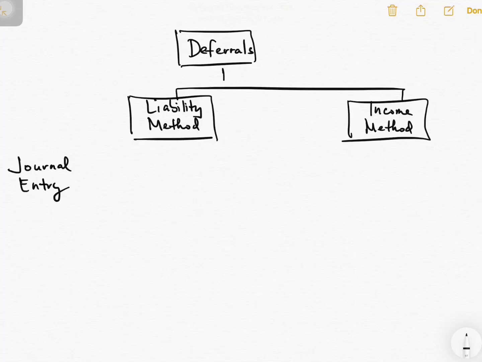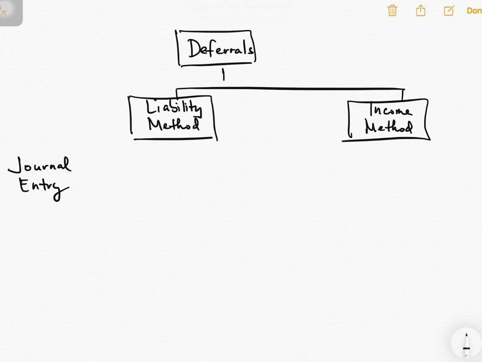Hello. In this video, I'm going to discuss deferrals, which is one of the types of adjusting entries. Under deferrals, we have two methods. Number one, we have the liability method, and number two, we have the income method. Before I go to the adjusting entries pro forma, let me first give you the journal entry related to